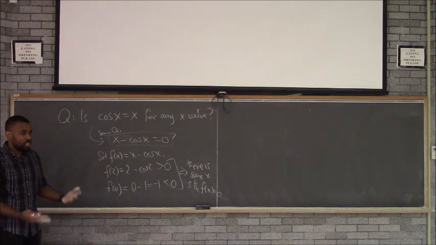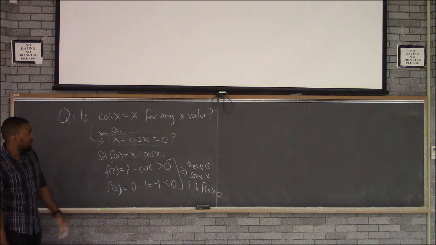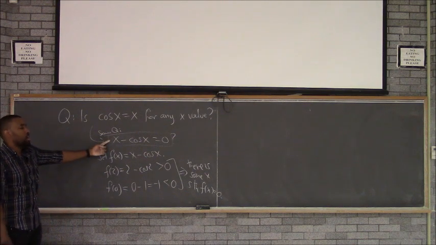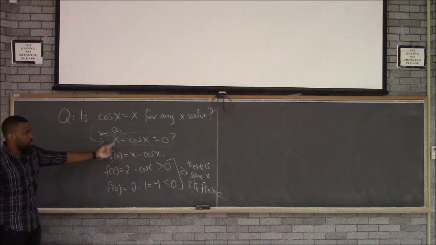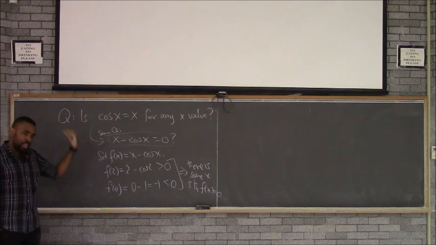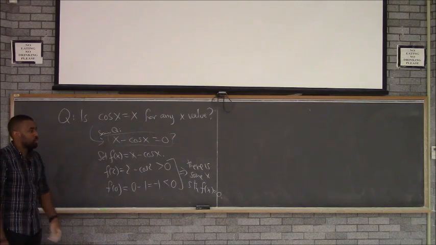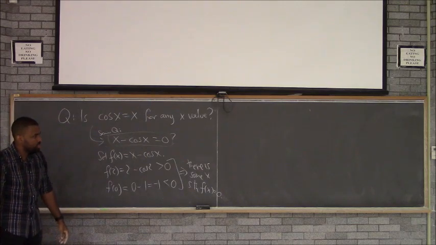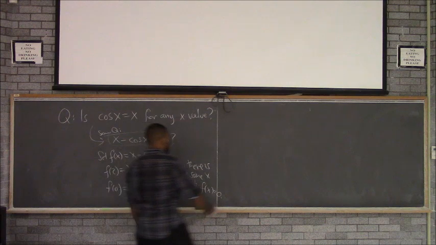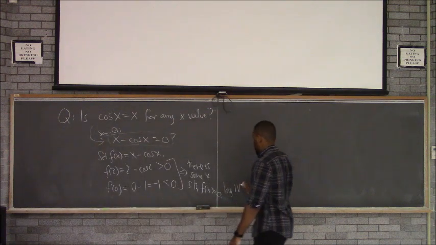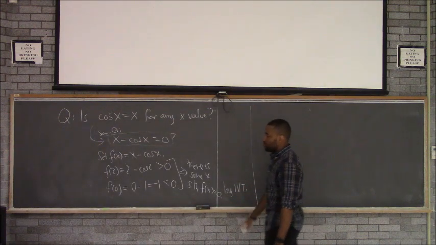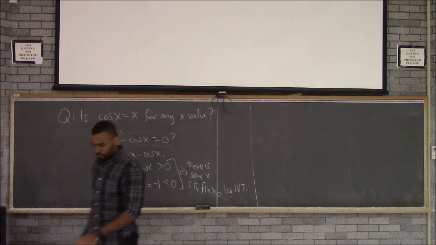And you say, well, the function is continuous, and you justify all this. So for example, you can say, this is continuous because it's the sum of a polynomial and a trig function, and we have a theorem that says when you add two continuous functions, they're continuous. So we know this is continuous, so it will obey the intermediate value theorem. And so you just say, by the intermediate value theorem. So that's a nice thing.